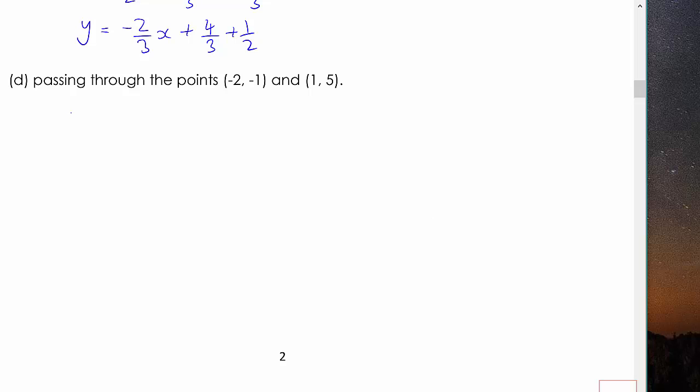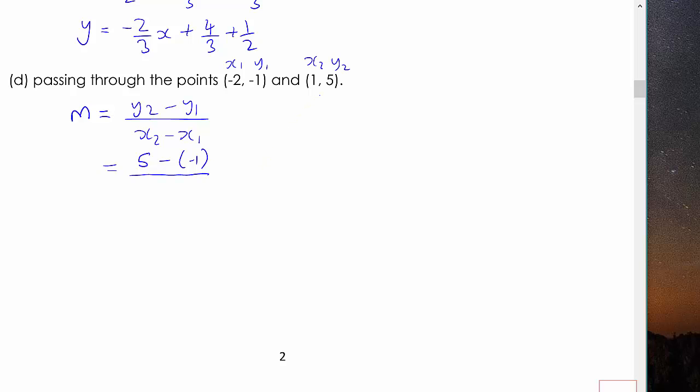And finally, we want to go through these 2 points. So the first thing we need is the gradient. So let's call this one x1, y1, and this one x2, y2, although it doesn't matter which is which. And the gradient we can find using y2 minus y1 over x2 minus x1, difference in the y's over difference in the x's. So that's going to be 5 take away negative 1